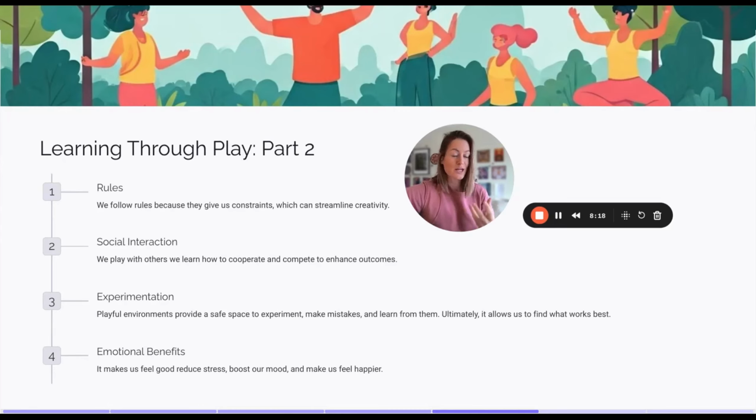We don't need to have social interaction in order to play. I'm an only child, and I figured out how to play just fine on my own. But taking this to the next step, understanding social interaction and its capacity to enhance your play and overall learning speed is a great skill, and we'll be tapping into that later in this course.